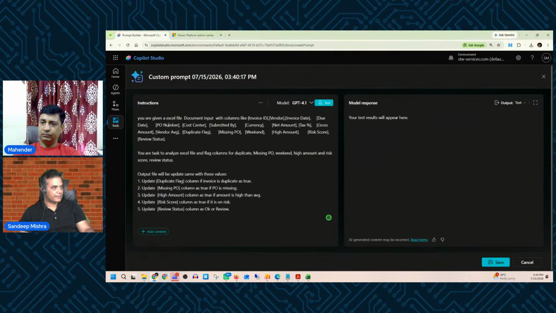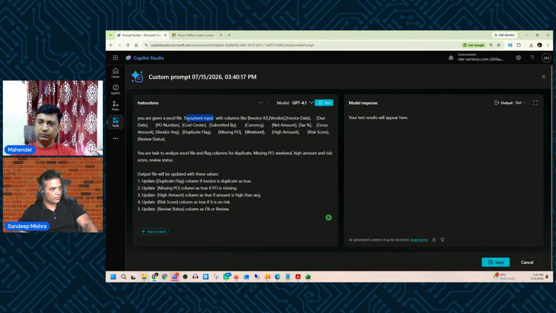You are given an Excel file document as input with all the columns available in that Excel sheet, and then we gave some instructions like the output file will be updated with these values, and then update this column, update that column, all those columns we are updating. To give the input file, what we have to do is